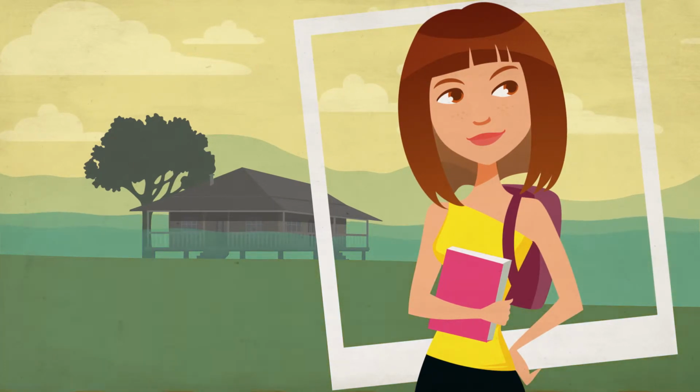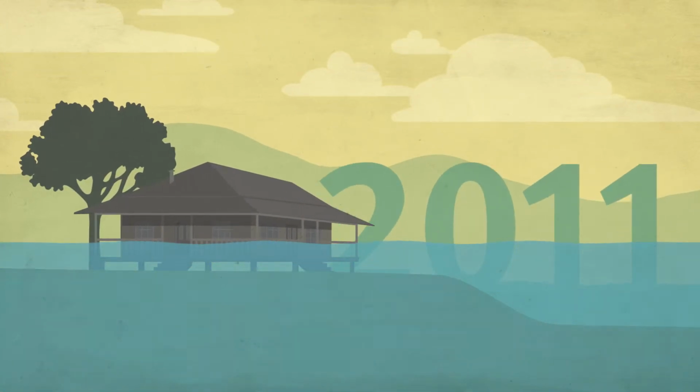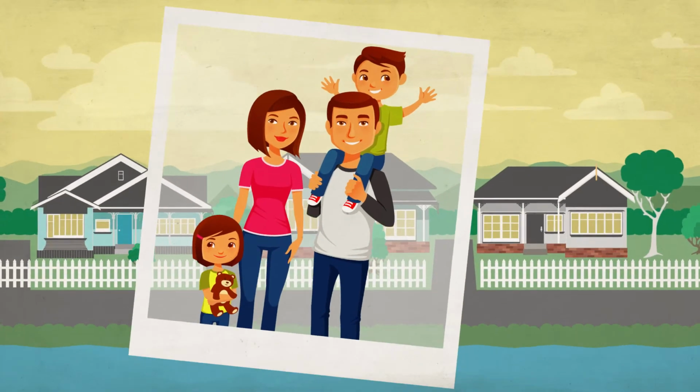Over the next 30 years we experienced 5 smaller floods where the floodwaters stopped just short of our front steps. In 2011, we experienced a major flood that caused damage to our home. This flood is an example of major flooding that can occur in the Brisbane River Catchment. Living with flooding is part of life in the Brisbane River Catchment, and as a community, we need to be